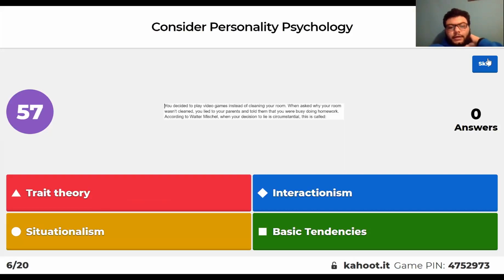In personality psychology, you decide to play a video game instead of cleaning your room. When asked why your room wasn't cleaned, you lied to your parents and told them that you were busy doing homework. According to Michelle, I'm sorry, I still can't pronounce that name, when your decision to lie is circumstantial, this is called